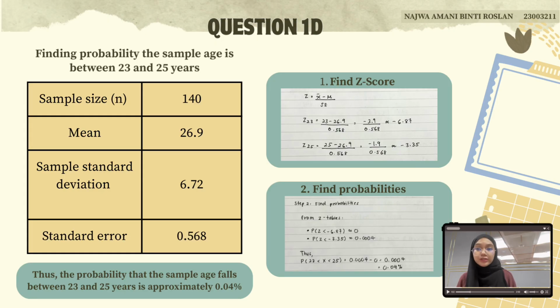So for 23 years, the Z-score was negative 6.87, and for 25 years, it was negative 3.35. Using the standard normal distribution table, we found the cumulative probabilities for these Z-scores and determined the final probability by subtracting the two values. Therefore, the probability that the sample age is between 23 and 25 years is approximately